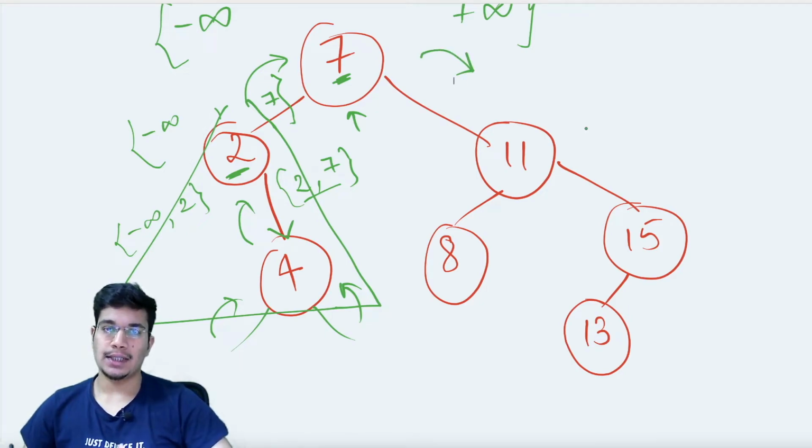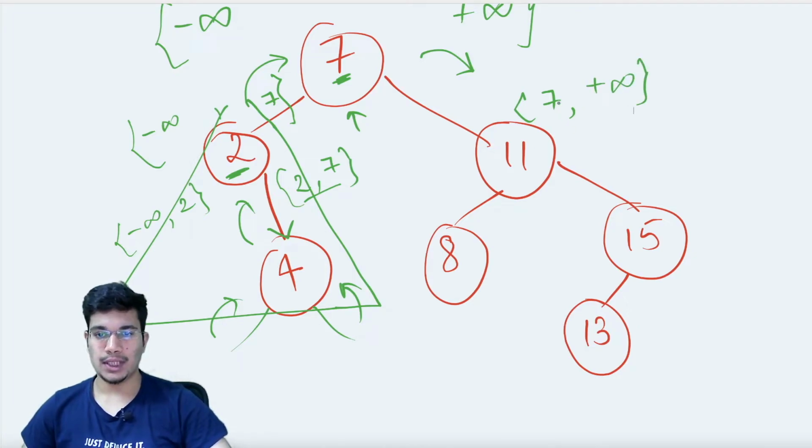My right child is going to be bounded by the low value, same as my value. So 7's right child should have values more than 7. The range for 11 will be 7 to whatever the current upper limit was for my current root, and for root 7 the upper limit was plus infinity. So even the right child of 7 can have values starting from 7 to plus infinity, any value in between. And we'll check if 11 lies in between these two numbers, and it does, so it's fine for 11.